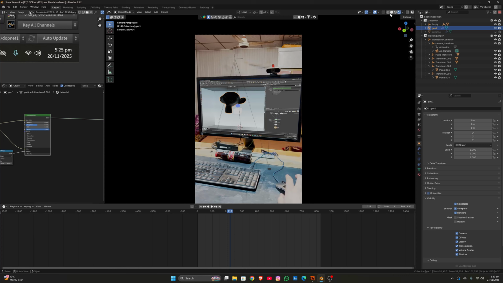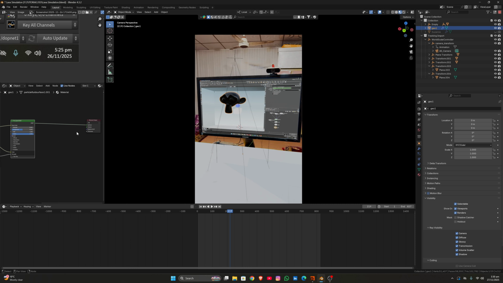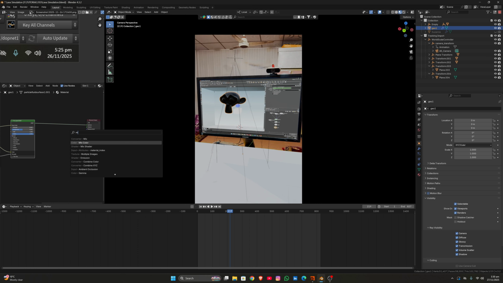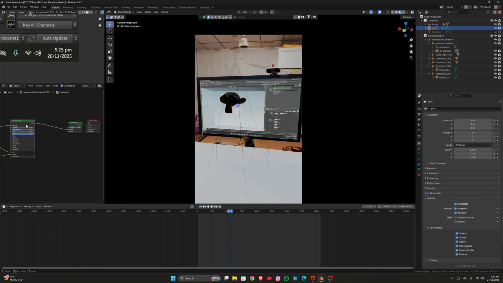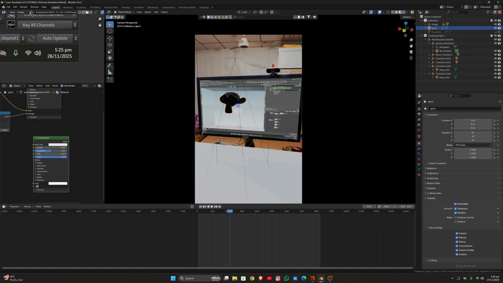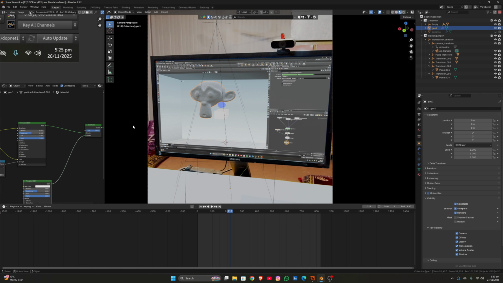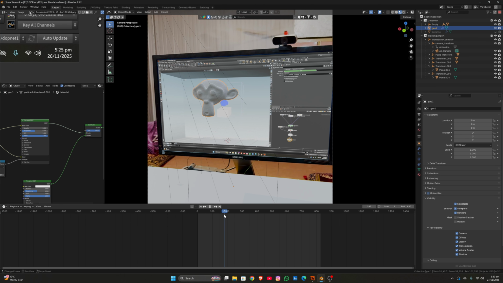I'm going to go into solid for now. Maybe material view is good. I'm going to add a mix shader here and duplicate it like this, set the emission to 0 and connect it into the shader. Now if it is 1 it is going to be a brighter white color, and if it is 0 it's going to be the original lava color. So right here I'm going to set this to 1 from frame number 180,